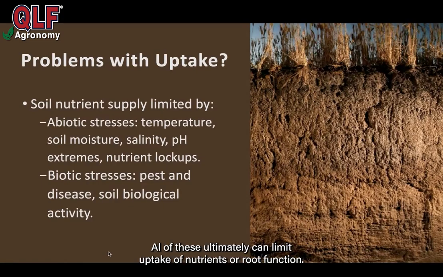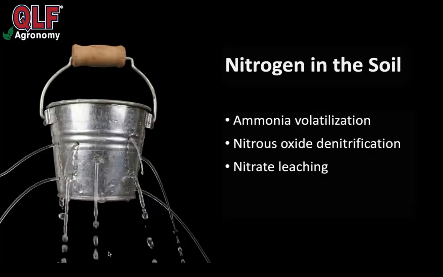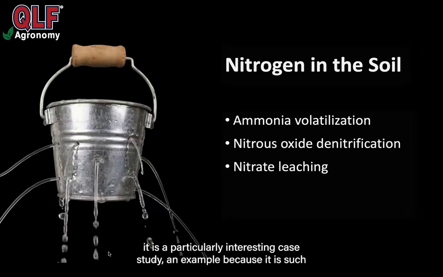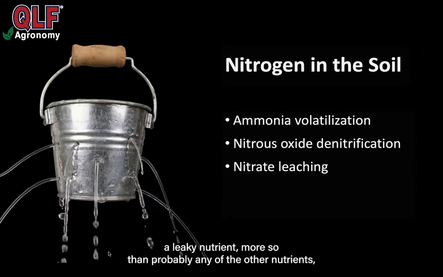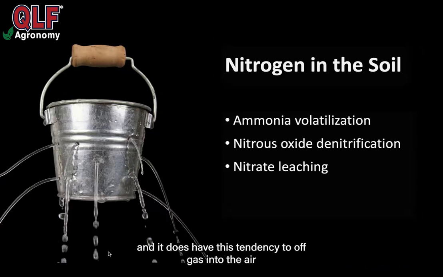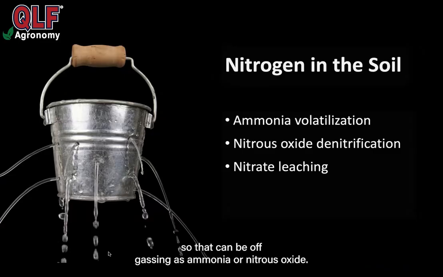All of these ultimately can limit uptake of nutrients or root function, even though the nutrients might be present in the soil. And a quick example of nitrogen, as I alluded to previously, it is a particularly interesting case study and example because it is such a leaky nutrient, more so than probably any of the other nutrients. And it does have this tendency to off-gas into the air. That can be off-gassing as ammonia